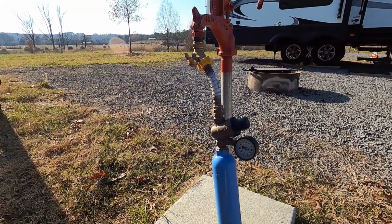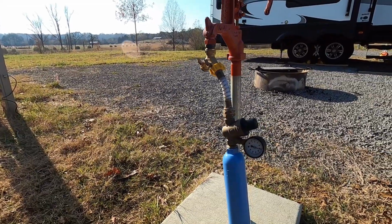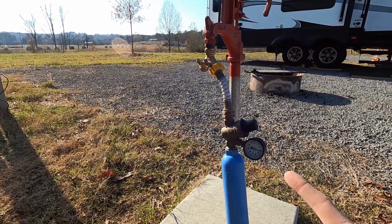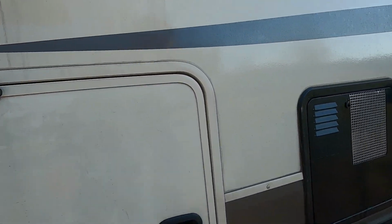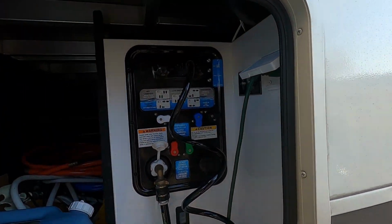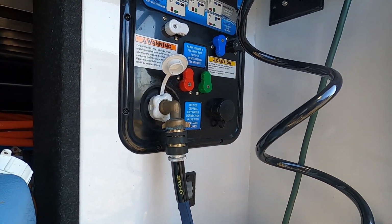One of the main differences to hook it up is this filter and your pressure gauge have to go inside the RV versus out on the pole. So if your RV has a wet bay, they would go in here hooked up to this end versus the